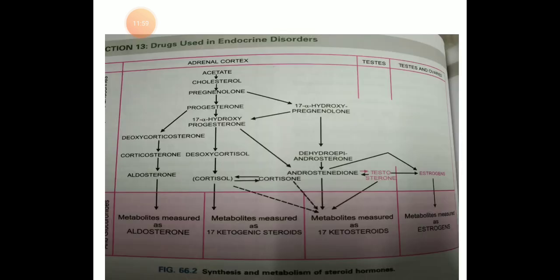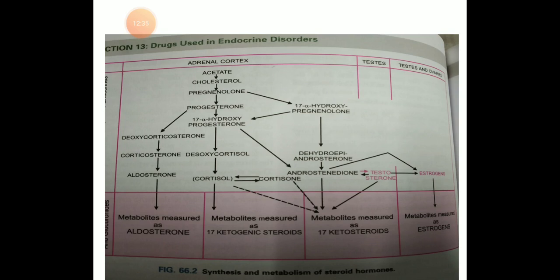Now, chemically, when we look at things on the basis of chemical structure, the adrenocortical hormones are steroids consisting of a cyclopentanoperhydrophenanthrene ring with various functional groups attached to carbon atoms. All steroid hormones have a similar basic structure with minor differences which, however, cause striking alteration in their biological activity. They are sparingly soluble in water and circulate in association with binding protein.